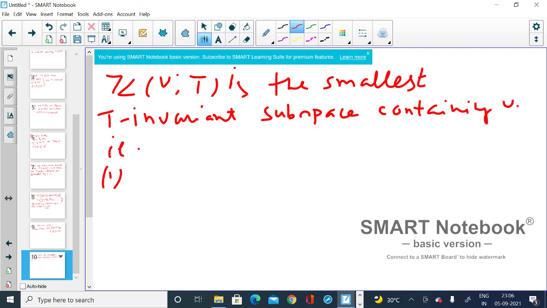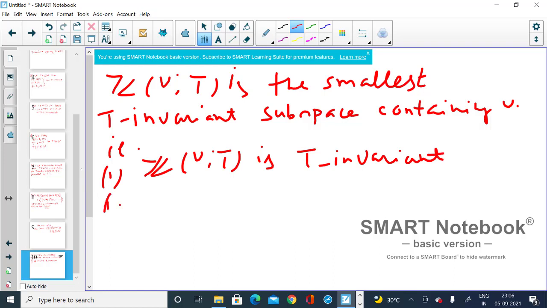Number one: Z(V; T) is T invariant, that we already proved. And number two,